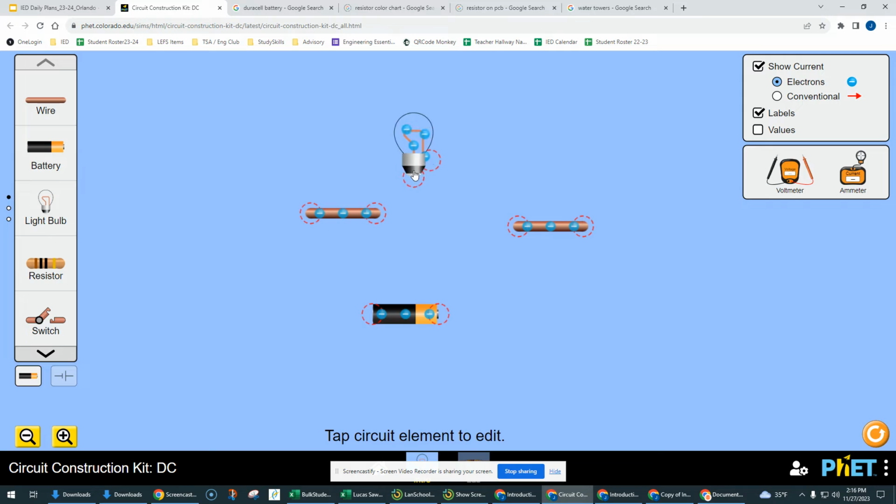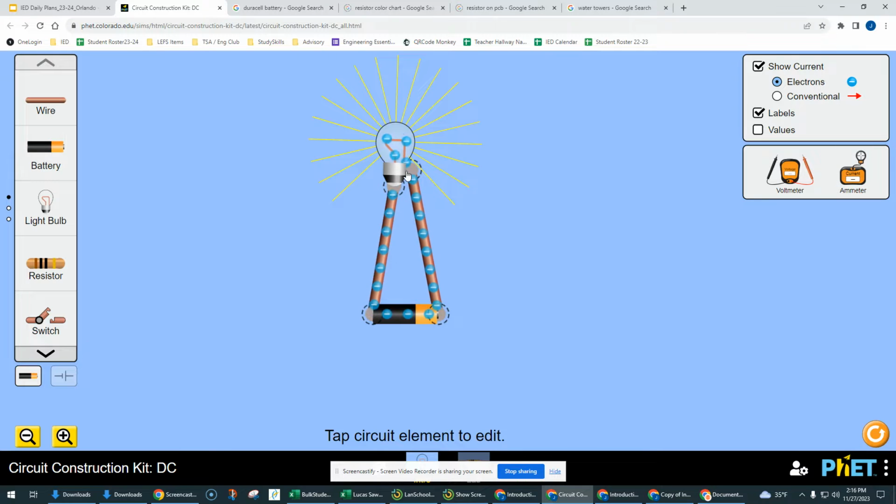To build a circuit, you need to make connections so that there is a path of electricity that can leave the battery and make a complete full loop, full circle back to the other side of the battery. So for a very beginner, easy circuit to build, I'm going to have a wire connected to one side of the battery, a wire connected to the other, and just get a light bulb so we can see something turn on. And we're going to connect these wires to the two different connections of the bulb. So we have one on the bottom and one on the side. So I'm going to connect here and here, and that creates a closed or completed path for the electrons to